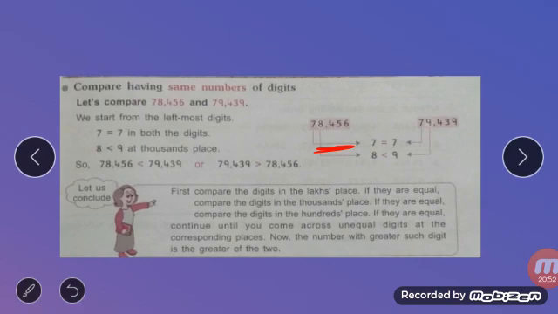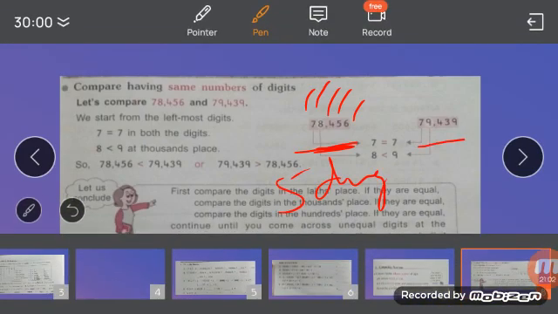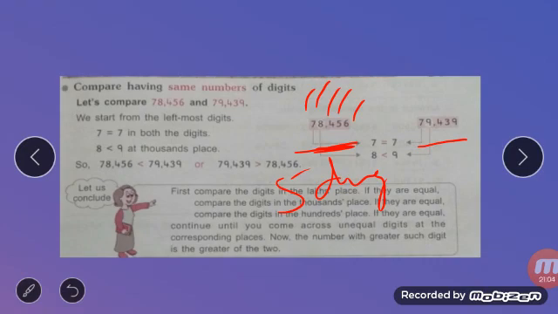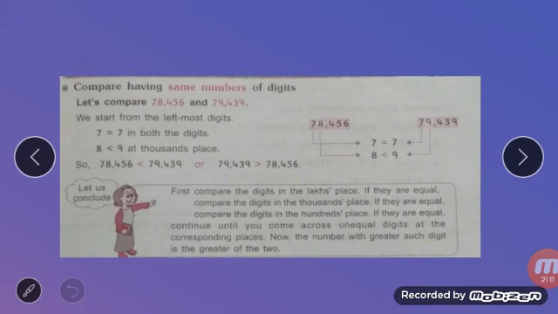So here see, 6, 1, 5, 2, 4, 3, 8, 4, 7, 5. 5 digits are here and 5 digits are here also. Understood? So you can count, 5 digits on both sides. Now what do you have to do? You have to compare. How will you come to know which one is greater? You have to start comparing the numbers from which side? 7 is on both. Here see, this is the last place.